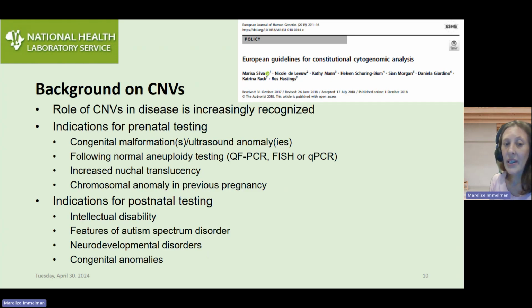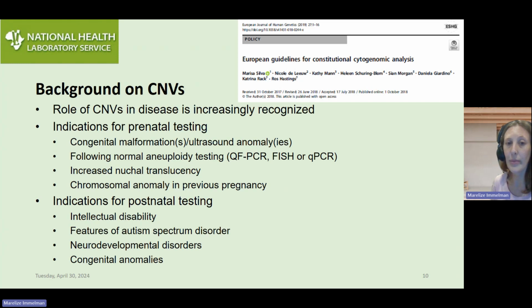The role of copy number variants in disease is increasingly recognized, and the 2019 European guidelines provided information about when to test for copy number variants in the prenatal or postnatal setting. This includes congenital malformations, a normal aneuploidy test, increased nuchal translucency, and also previous pregnancy with a chromosomal anomaly in prenatal cases. For postnatal cases, this includes intellectual disability, features of autism spectrum disorder, other neurodevelopmental disorders, and